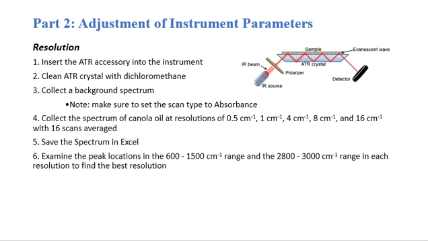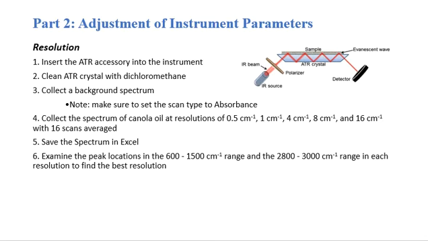The second thing you need to consider when collecting an FTIR spectrum is the resolution of a scan. To find the spectral resolution, first you need to install the FTIR in the instrument, and then you clean the crystal with dichloromethane. Step 3, you repeat the steps above, but this time you set the spectrum with 16 scan average